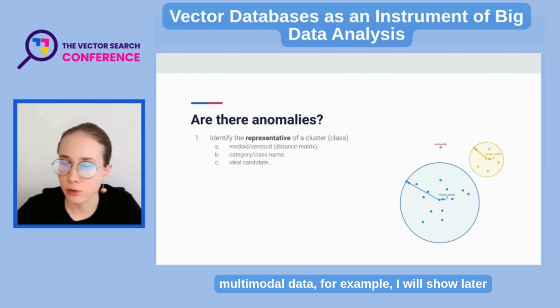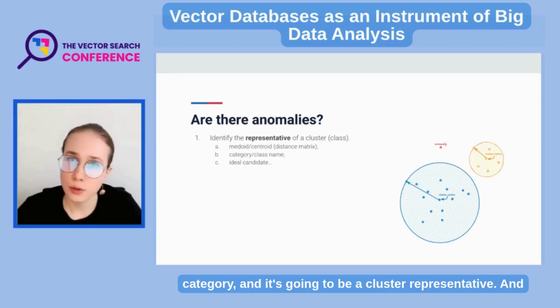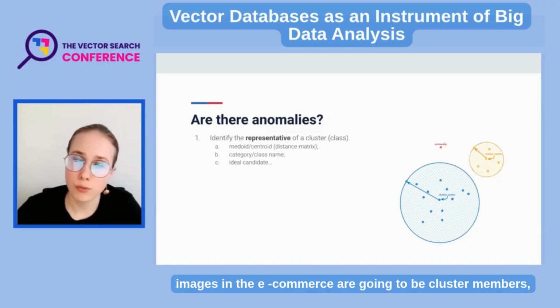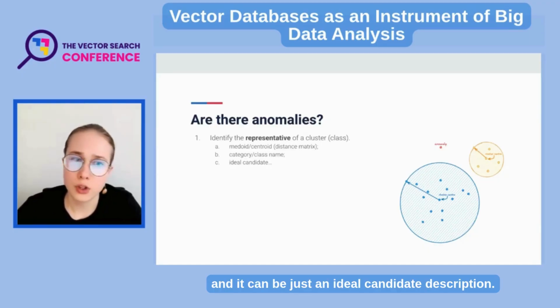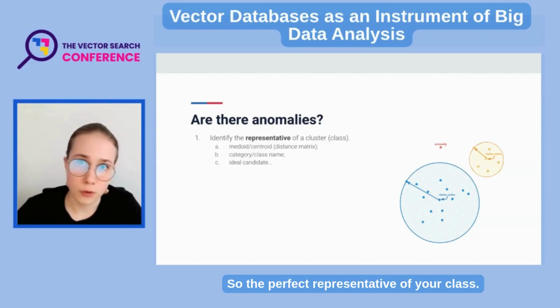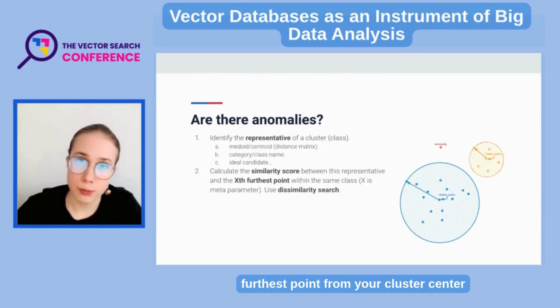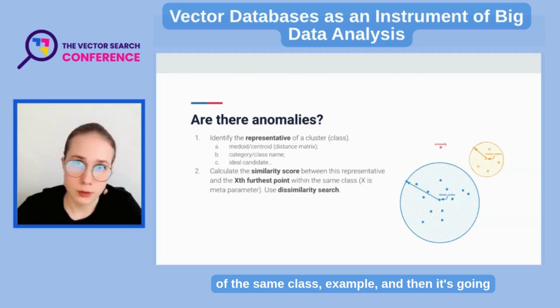For example, I will show later examples of e-commerce, where you can describe a category and it's going to be a cluster representative, and the images in the e-commerce are going to be cluster members. And it can be just an ideal candidate description, so the perfect representative of your class. And then you can either find the furthest point from your cluster center of the same class, for example, and then it's going to be an